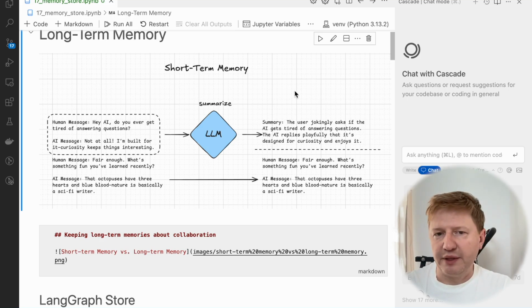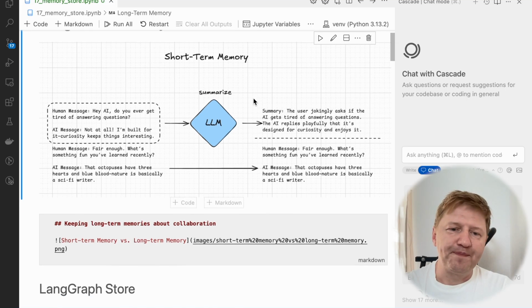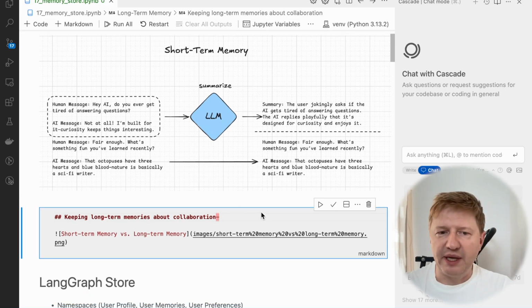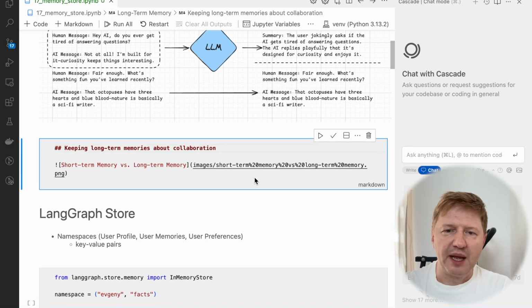But for example, if you create a system like an AI agent, and you go back to your AI agent 1 month later, well, that's not the case already, because it's another thread, another conversation, and then we are completely missing all these summary things, or maybe facts from previous talking. Well, that's why it's called short-term memory. And in the opposite, we have another concept, which is long-term memory.